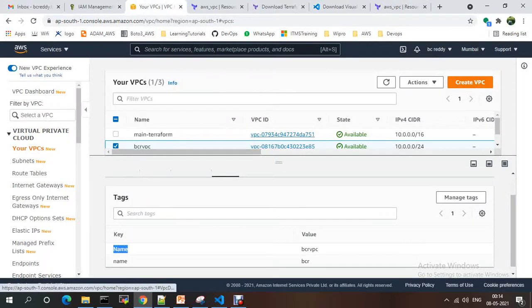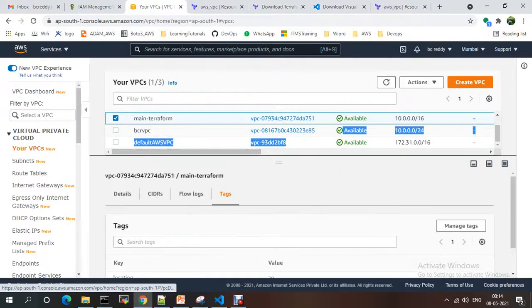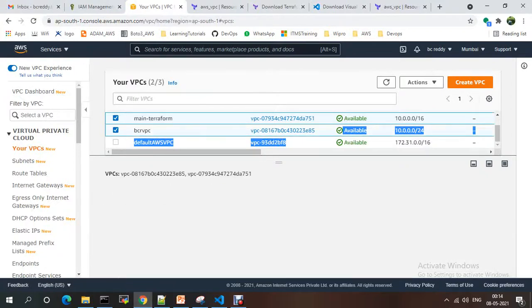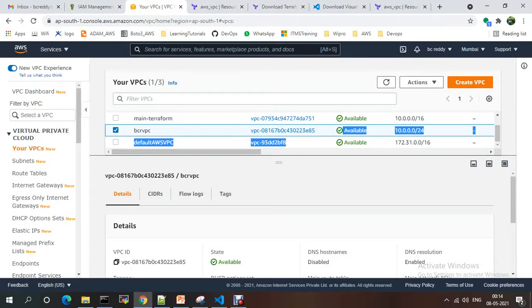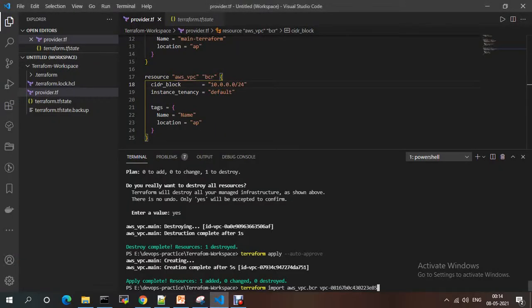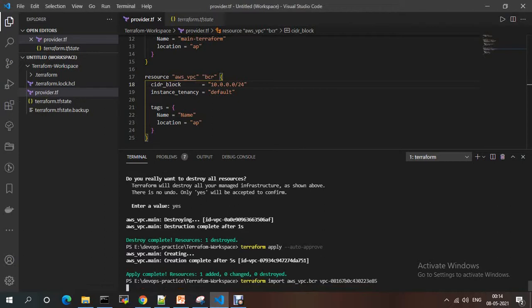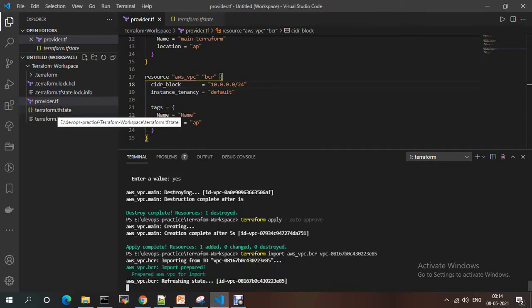So your VPC ID, this one. You can add an existing manually created resource into Terraform code. Now it will be added into the Terraform state file. See, it is imported.